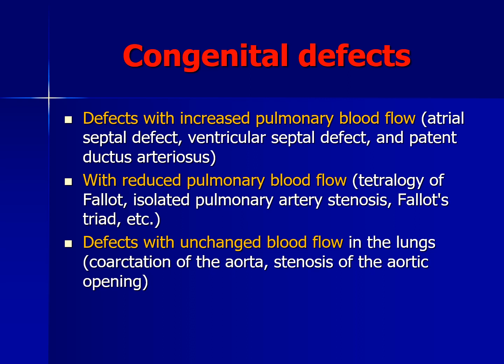The other group, with reduced pulmonary blood flow, are also so-called blue defects, meaning patients are mainly with cyanosis. What types of diseases? Tetralogy of Fallot, isolated pulmonary artery stenosis, Fallot triad, etc. And the third group, defects with unchanged blood flow: coarctation of the aorta, stenosis of the aortic opening,